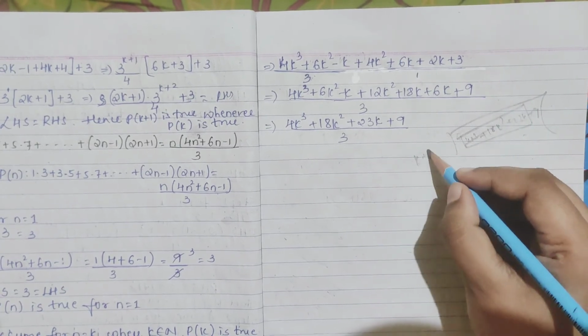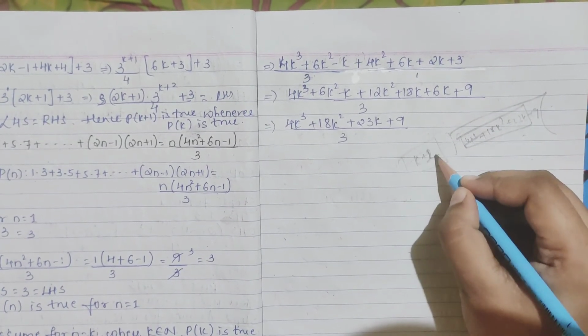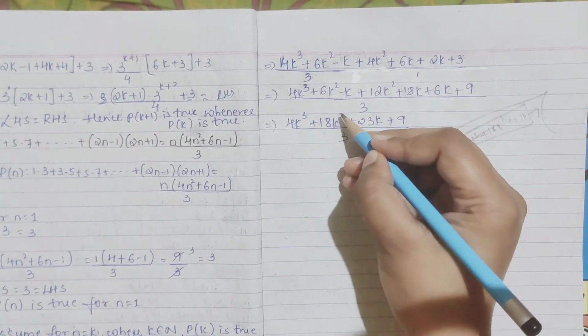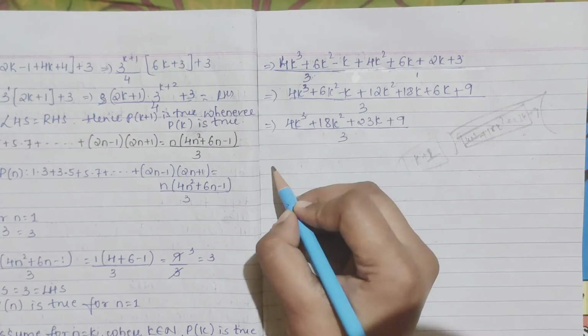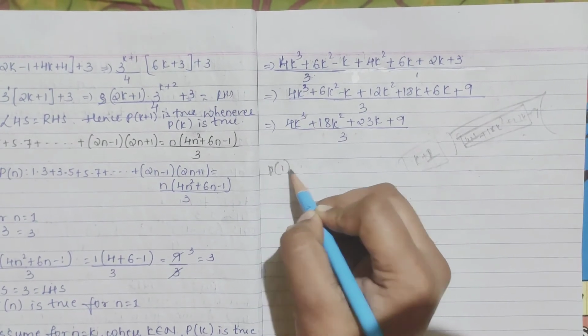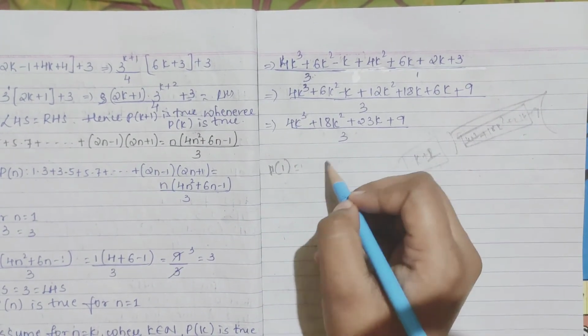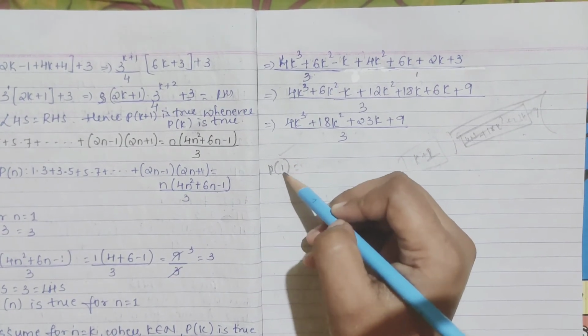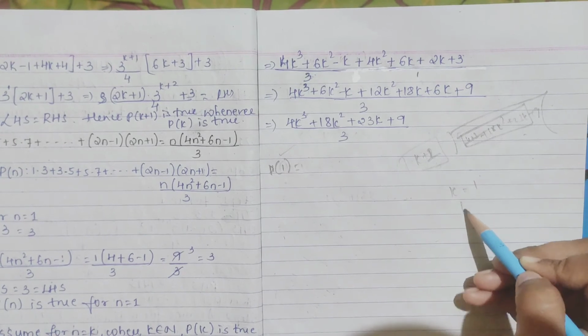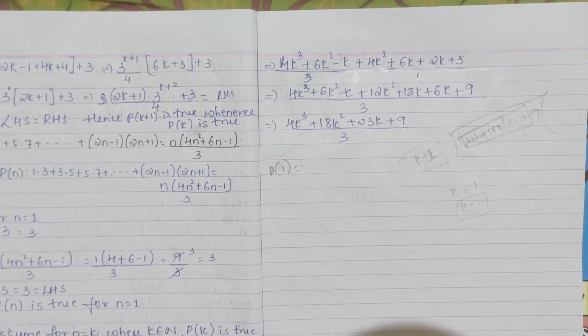So to find the first factor, whatever it is, we will use the trial and error method. We will put in k plus 1, and see whether we are getting 0 or not. If you are getting 0, then your factor will be, k is equal to 1, k minus 1 can be one factor, okay?